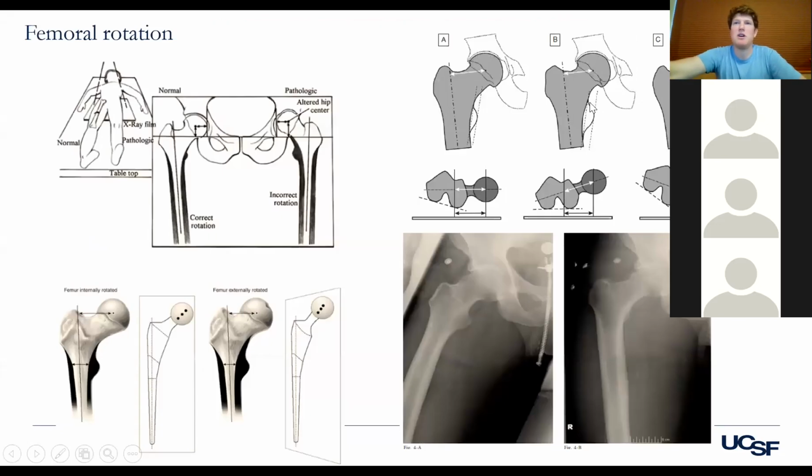If it's not obvious to everybody, you just need to make sure: externally rotated films, you're going to see more of that lesser troch. Internally rotated films, you see less of the lesser troch. Everybody's a little bit different, but if you see a difference on one side versus the other, that gives you a tip off that one of them may be off. Now, people lose internal rotation with arthritis, so sometimes it's impossible for them to get to that proper position, which is why if you're templating, it's always a little safer to template a little bit of increased offset as opposed to decreasing offset. Increased offset is probably going to be more accurate to the intraoperative findings because you're going to get more of that perpendicular view, the full neck